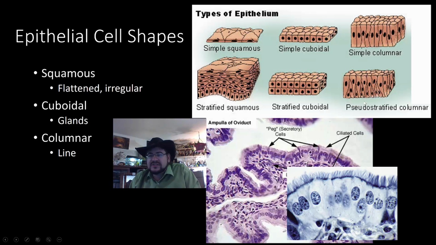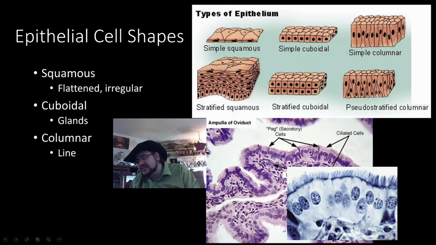So it's not so much cells stacked on top of each other like with our stratified cuboidal, but some cells interface with the top. Some of them go all the way to the bottom, but other cells interface with the bottom and don't go all the way to the top. So it's not stacked, so it's not perfectly stratified, but there are layers of a sort,